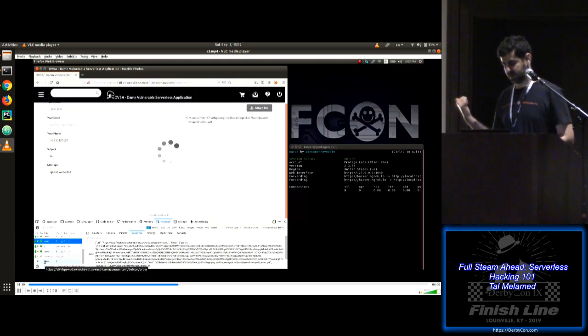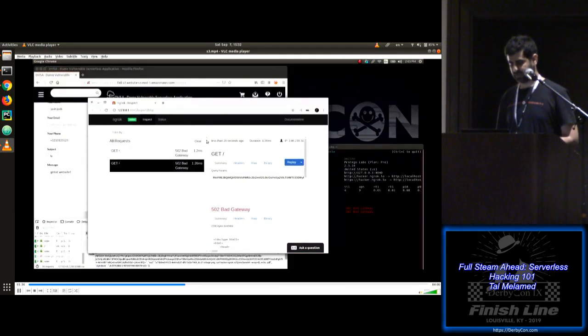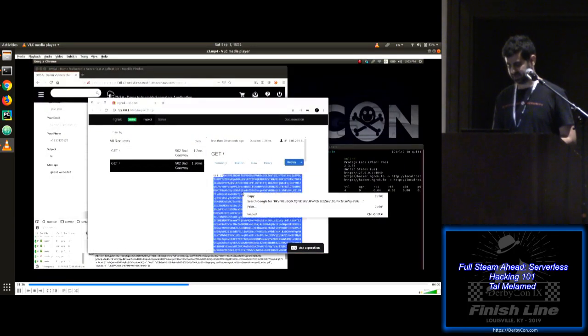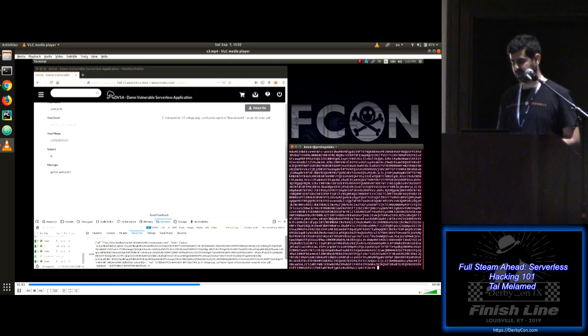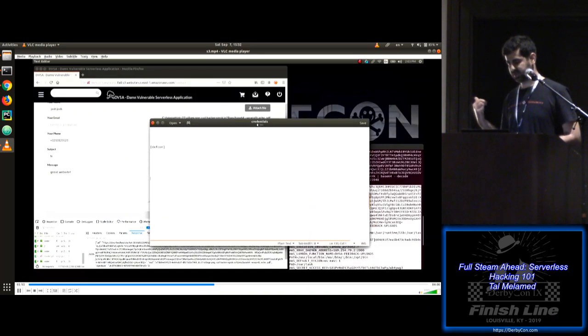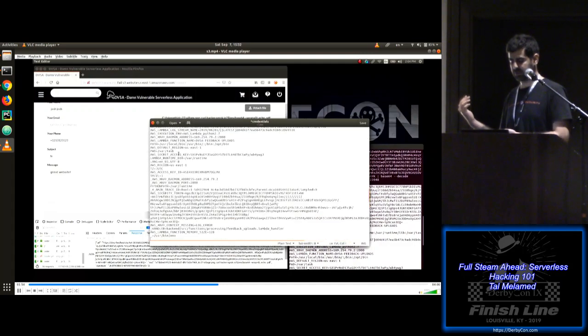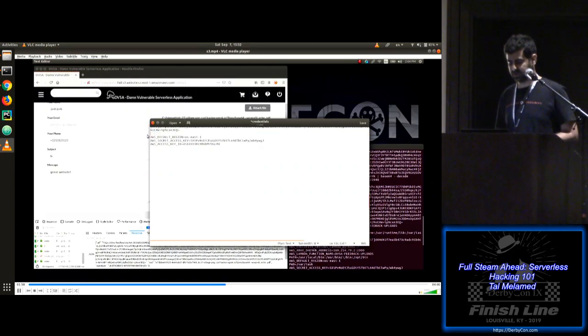And then on the right side, you can see that I got some requests coming in. I got the base64. Again, I'm going to decode that base64. This time, I'm not going to see code, but instead, I'm going to see the environment variables. So as I said, now I can create my own AWS session with